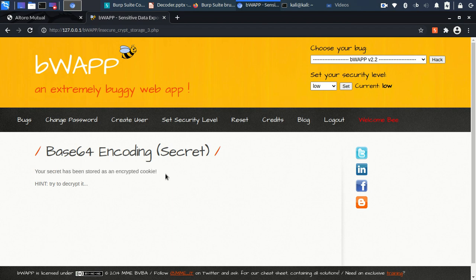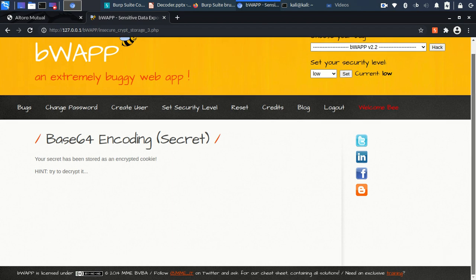Now what will happen whenever I send a request? This secret cookie will also be sent along with the request, in base 64 encoded form. So now our target will be to decode that secret key.